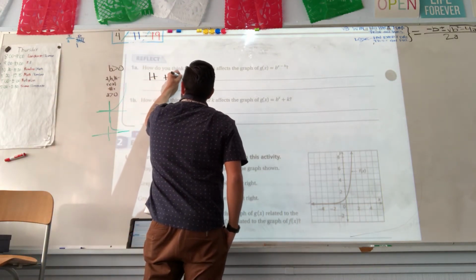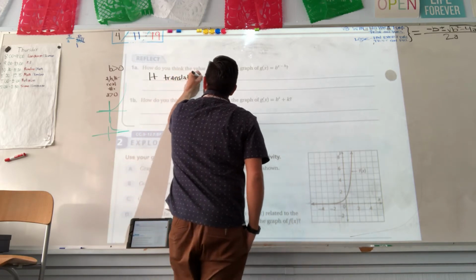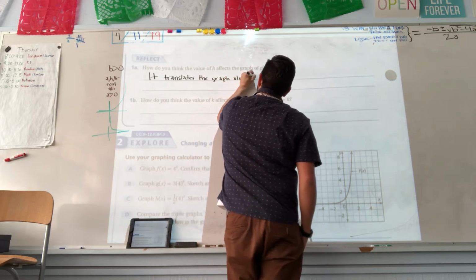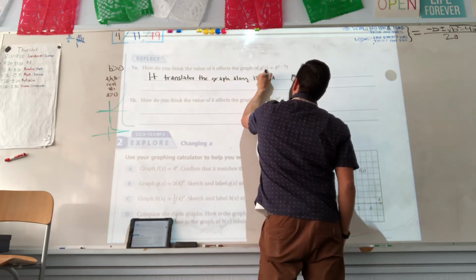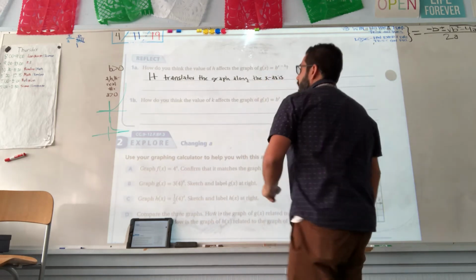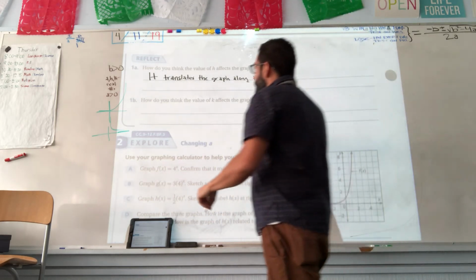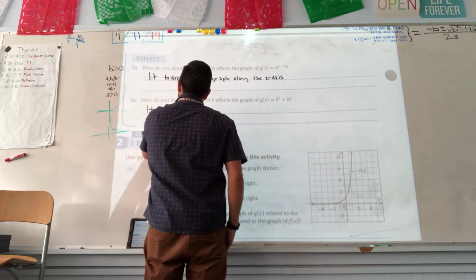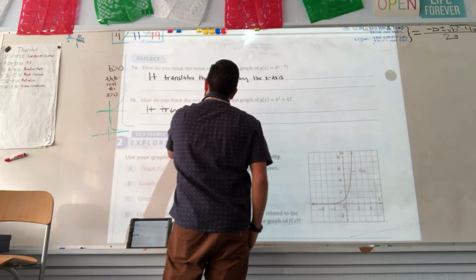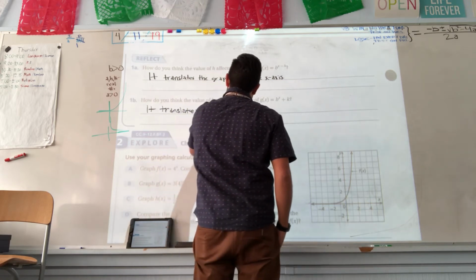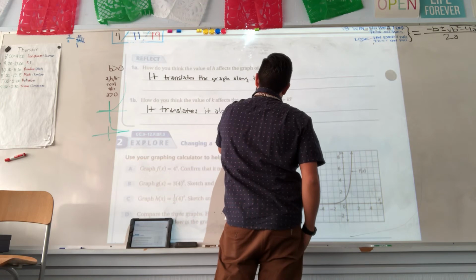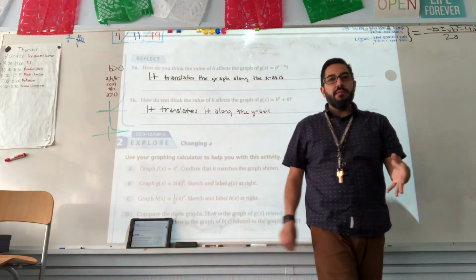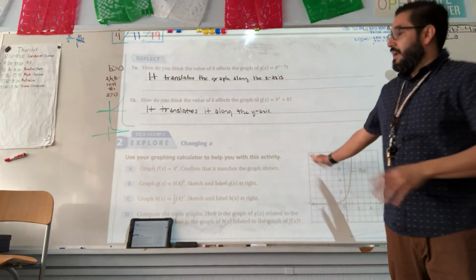It translates the graph along the x-axis. And how do you think the value of k affects the graph? It translates it along the y-axis. Okay, now, knowing that, you should be able to, if I give you a graph, if I wanted you